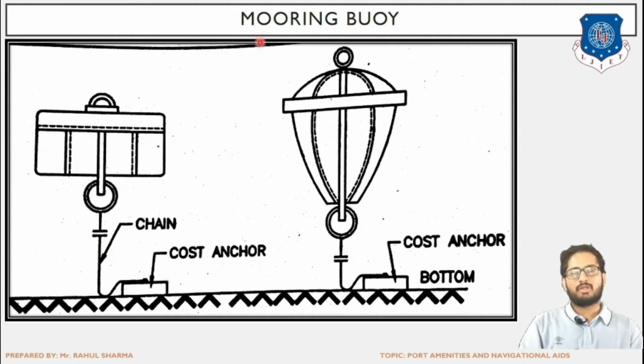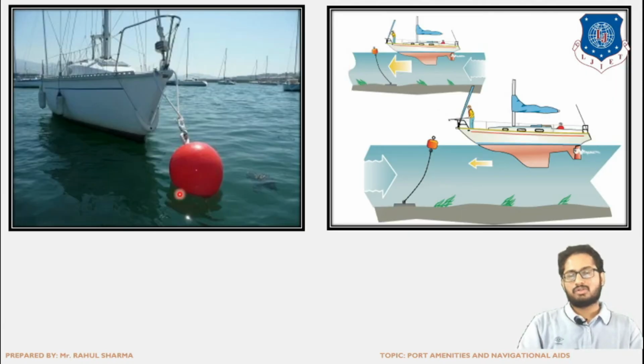The purpose of mooring buoy is tying up of the ship. So specifically here the hook has been provided, and the small ship or boat can be tied up with this hook so that anchorage facility can be provided. So this is the view for the mooring buoy. Here, as we can see, this is the anchor chain. There are two types of chain, that is the ground chain and the anchor chain.